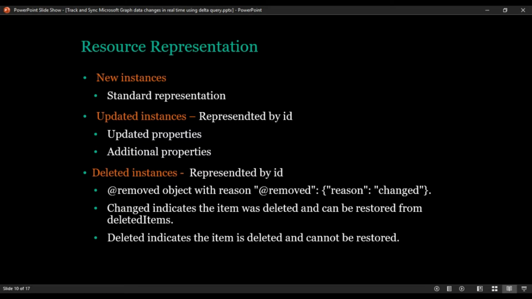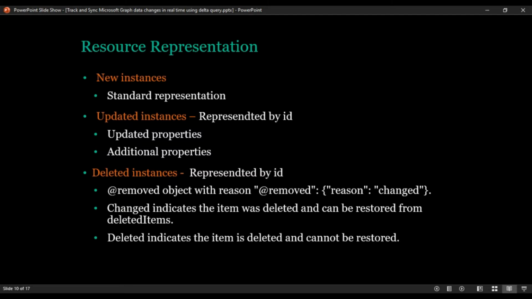If you have not mentioned anything in the select param, then you will get all the values like first name, last name, display name, job title, manager, everything, like a complete new instance. Suppose it is an updated instance, you will receive the updated properties for sure, and if there is any new property added, that will also get returned to you, and it won't return all the params. That's another advantage here.